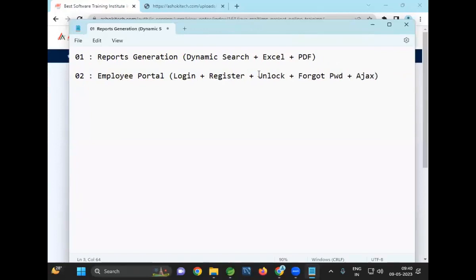Login, register plus email functionality also we have implemented. Whenever user register in the application, we will send one email with the temporary password. With that password, user can unlock the account and can log in. Once they log in, adding the inquiry, view the inquiries and filter the inquiries by using Ajax call that we